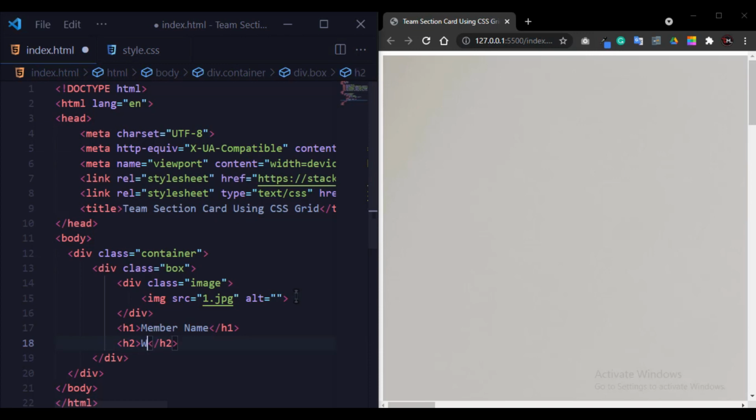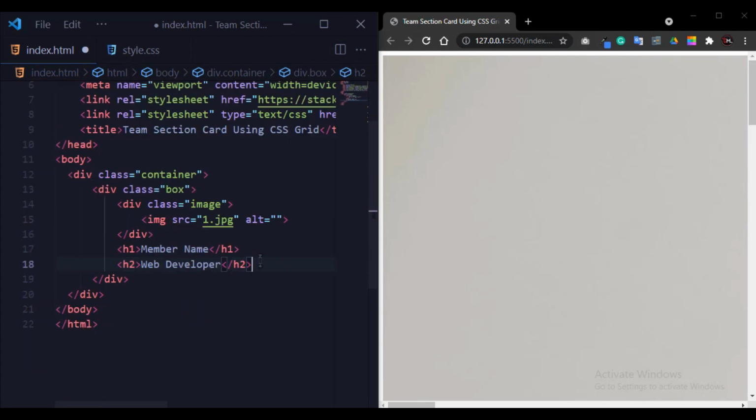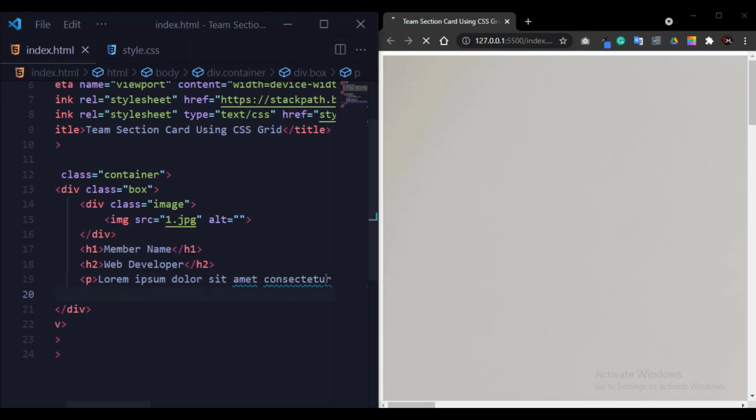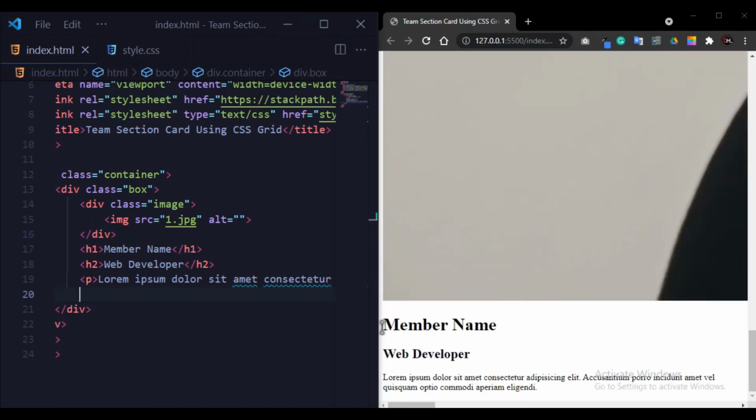So after this I will add a title, web developer. Now I will add a paragraph, some text. I just copy paste it and save it. So you can see the output: member name, web developer, and some text. Okay, so after this